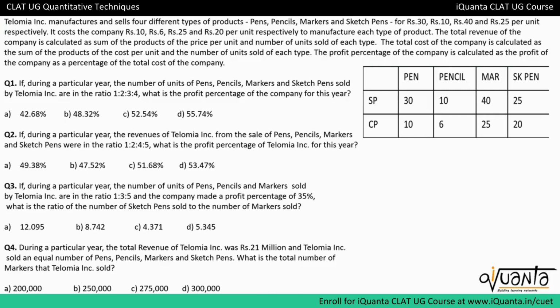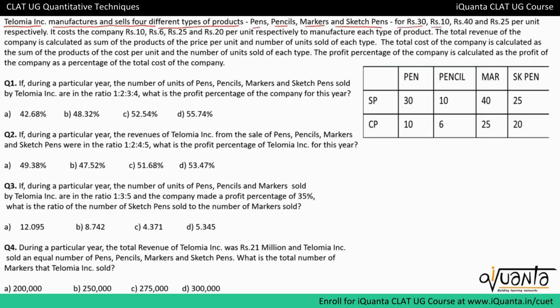Hello everyone, let's look into an easy DI set which is completely based upon arithmetic. So if you are good at arithmetic, you can solve this very easily. The question is, Telomia Incorporations manufactures and sells 4 different type of products: pens, pencils, markers and sketch pens for